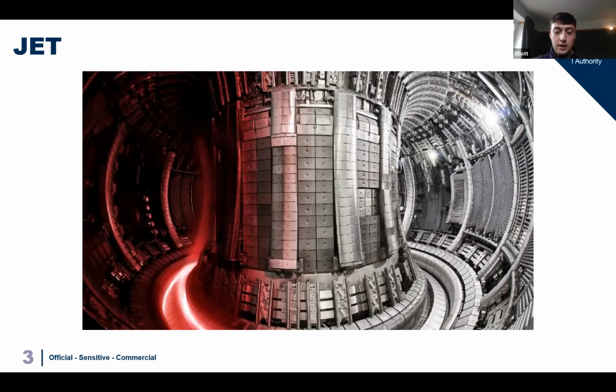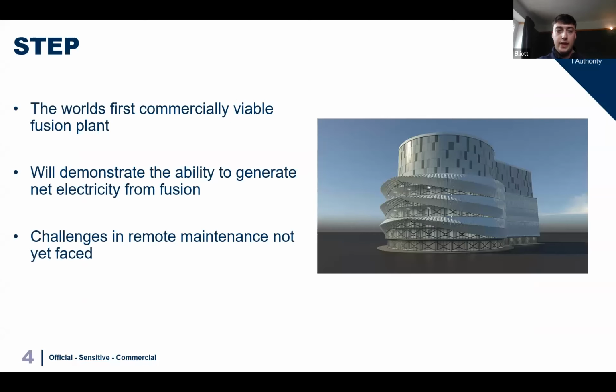So why do we need STEP? JET at the moment can only produce a negative Q factor, which means that it's producing less energy out than it's putting in. And the aim of STEP is to get this value positive. So it's the world's first commercially viable fusion plant. But it's important to note that even though it's commercial, it is only a prototype. So we're going to be proving that we can produce electricity using fusion. However, this energy won't be going to the grid or powering any houses or anything at the moment. And we will also need to demonstrate that there's a net electricity output